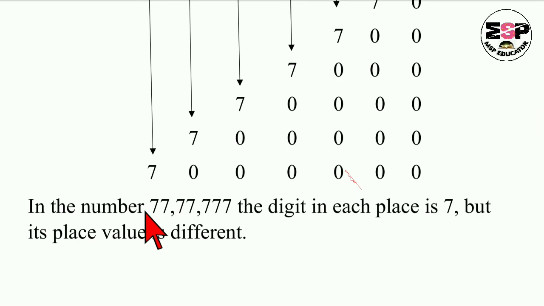In the number 77,77,777, the digit in each place is 7, but its place value is different. And how it is different, we just see here. Okay,